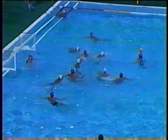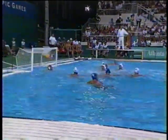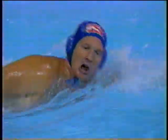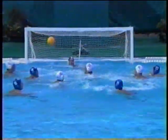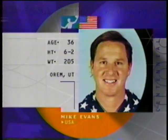United States on their 6-on-5 power play, Don. They have got to establish some good passing patterns now like that. The oldest guy in the pool, Mike Evans, insurance broker from Orange County, California. Father of 3, just blasts one past Adelico. A skip shot coming off the wake. It can come up like a knuckleball. So 36-year-old Mike Evans, in his 3rd Olympic Games for the USA, hits the 2nd goal of the night for the Americans, and they trail 4 goals to